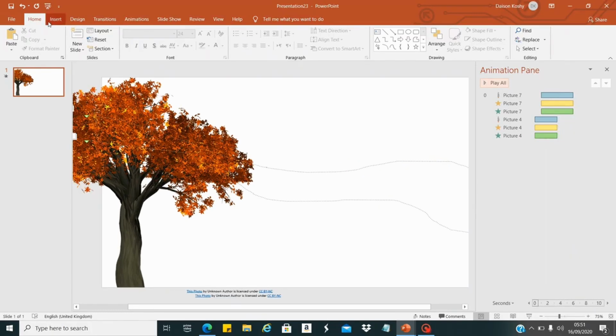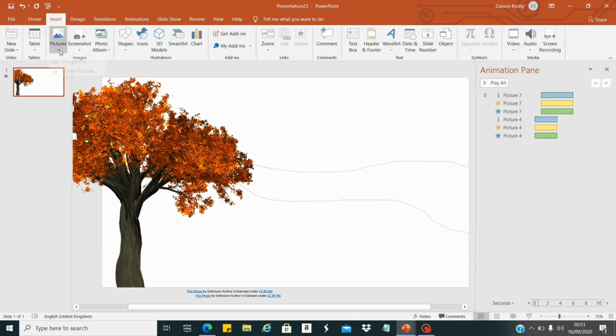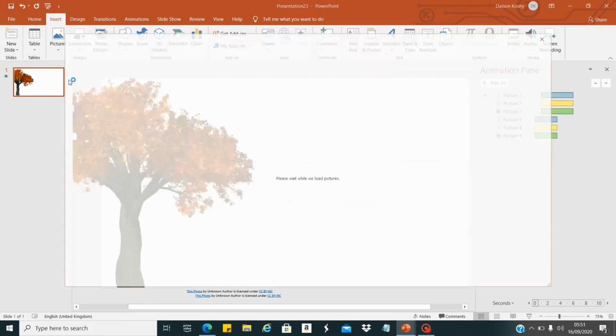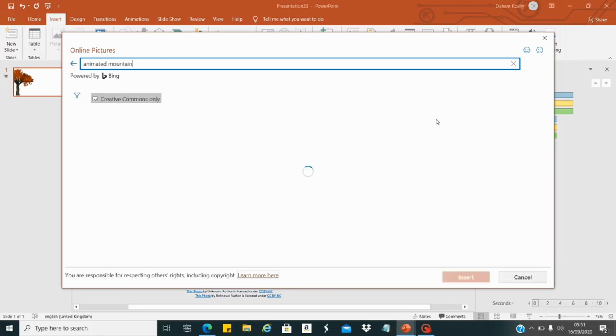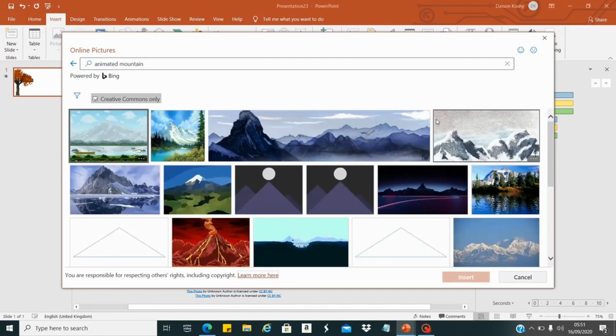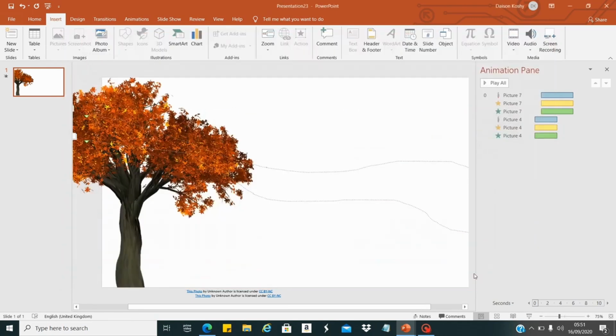Now we will go and see some animated mountain images. We will type animated mountain and search for that. Okay, I will select the first image and insert it. It will download the image now.